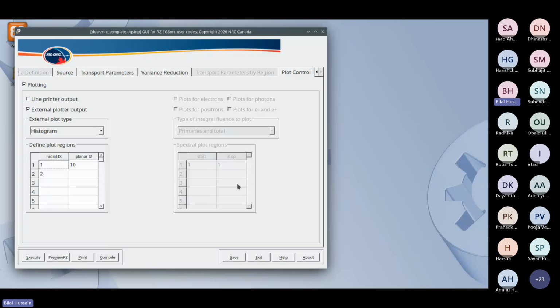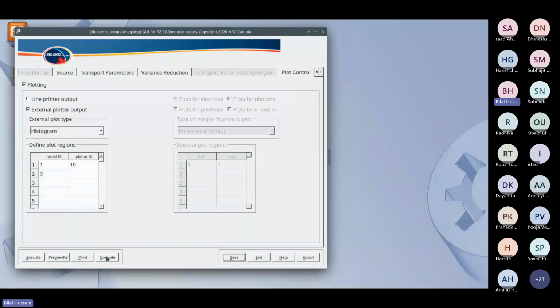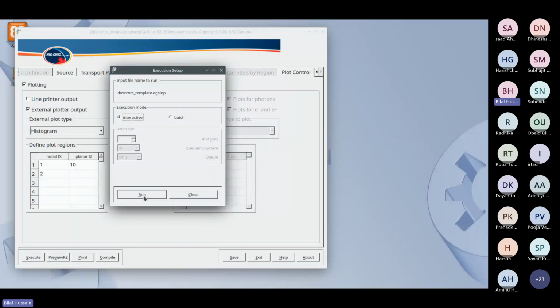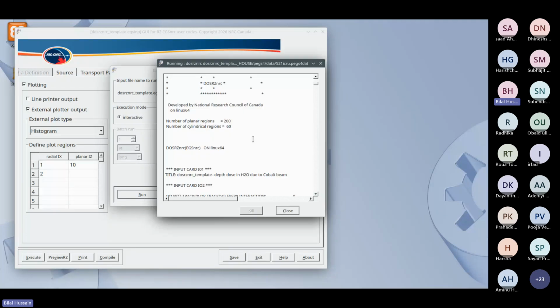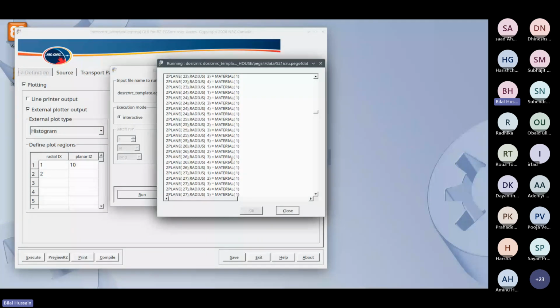Now let us say I'm finished with this one. I'm going to save it. Save it. Now I'm going to execute this. When I run it, what is happening? We see this. It is running for every radius, every material there. And now it is giving rise to